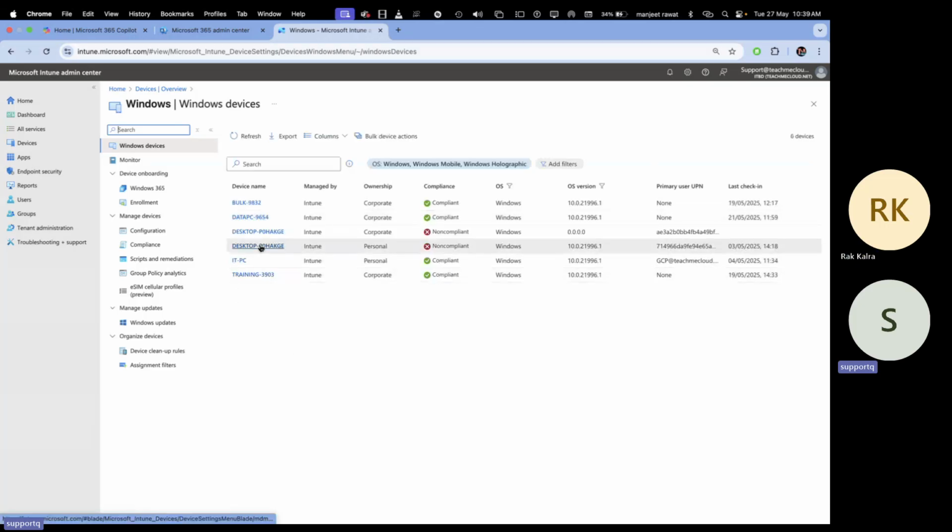See, these all are the devices that we enrolled in previous class. Some are compliant, some are non-compliant. We are talking about non-compliant and compliant, the gap between both, in Configuration. But for now, we just need to click on Enrollment, and under the enrollment of Windows,